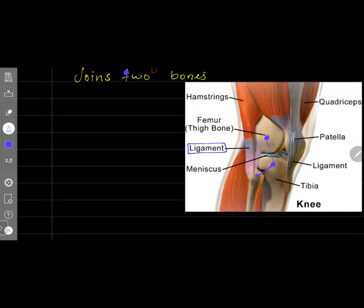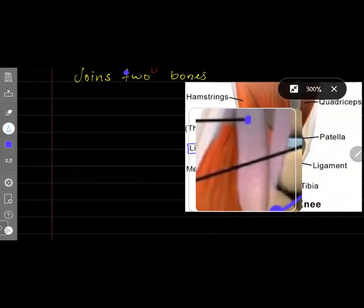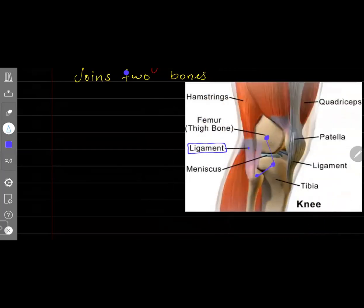Okay, are you able to hear me? You can see this bone. So this is a ligament. This ligament will help in the joining of these three bones, so that it will help us in the movement. Okay, next one,